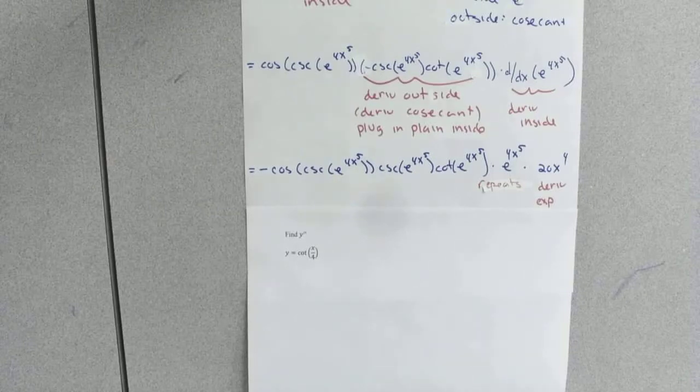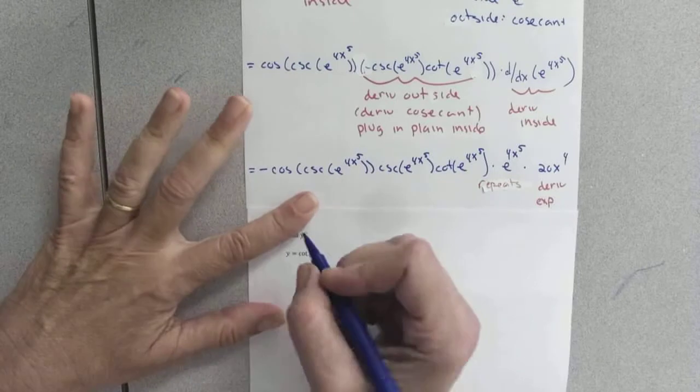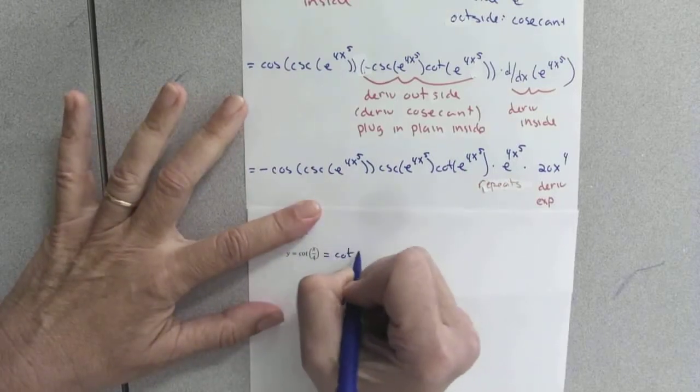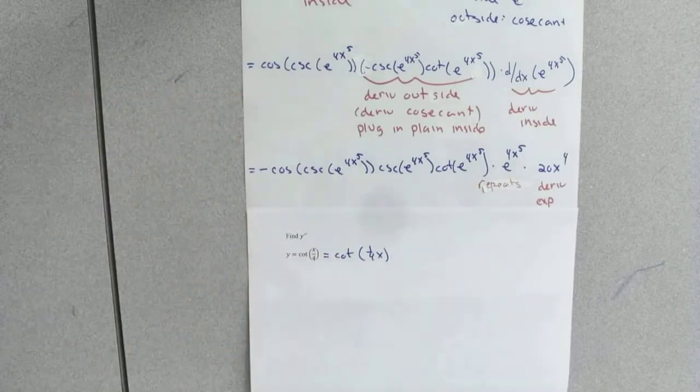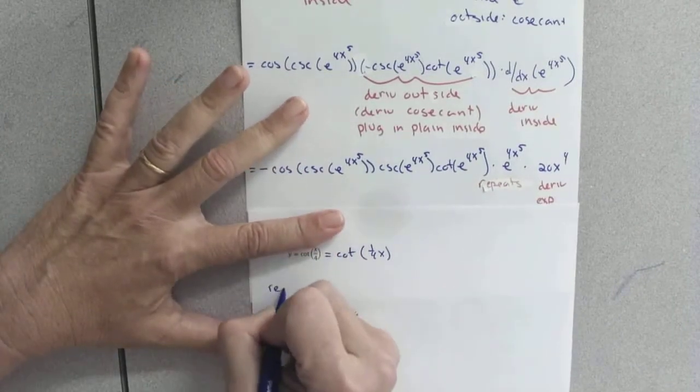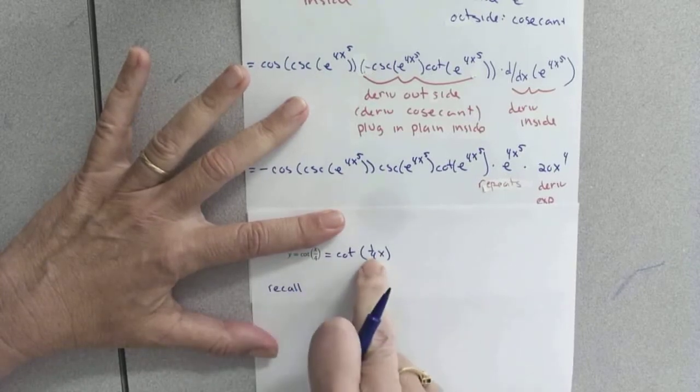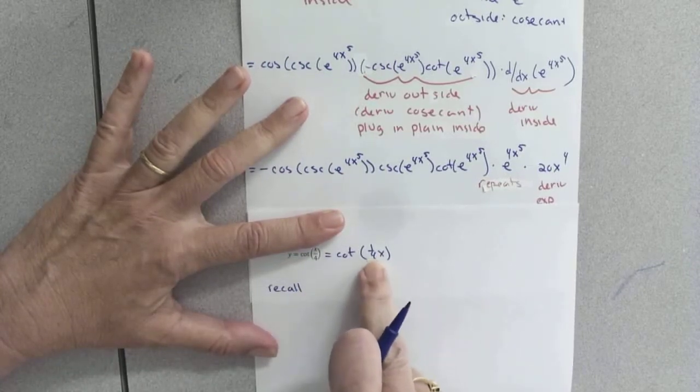Okay, picking up with the next problem, find y double prime. Again, let's do a little rewriting here. That's cotangent 1/4 x. And let's do a little recall. You can do the chain rule on this, or we could just recall that when you have a linear argument,